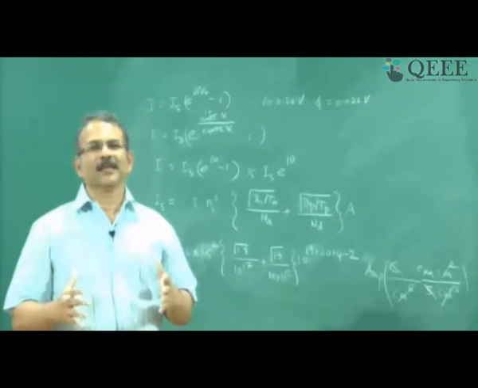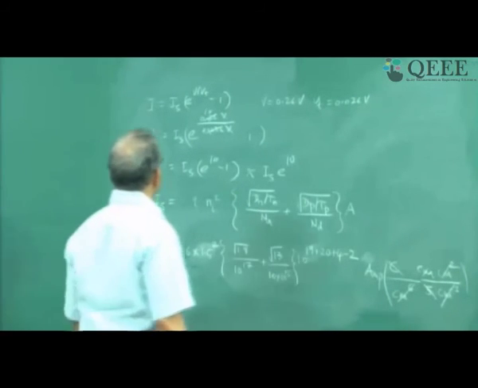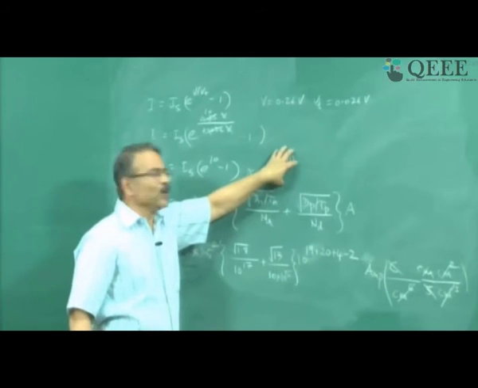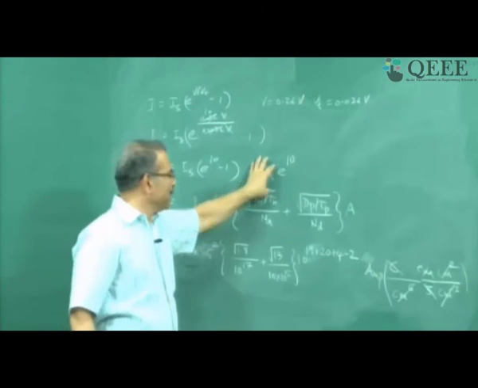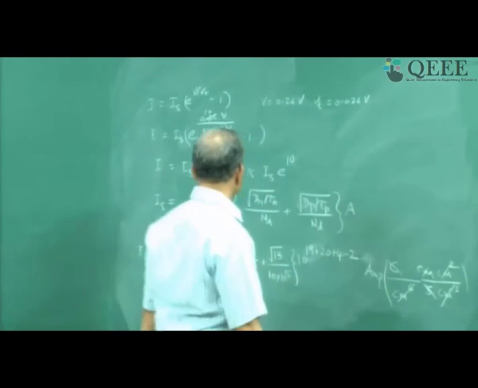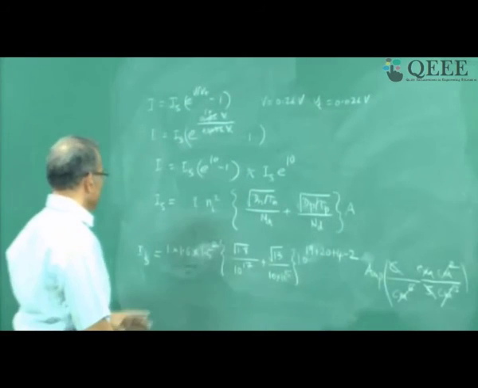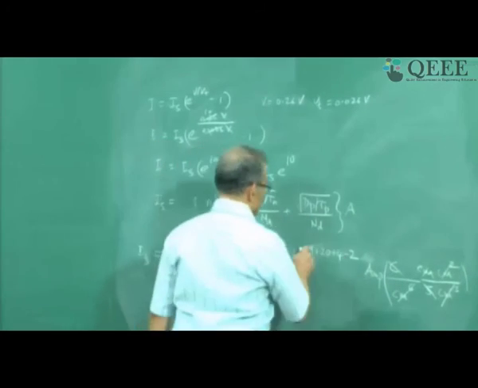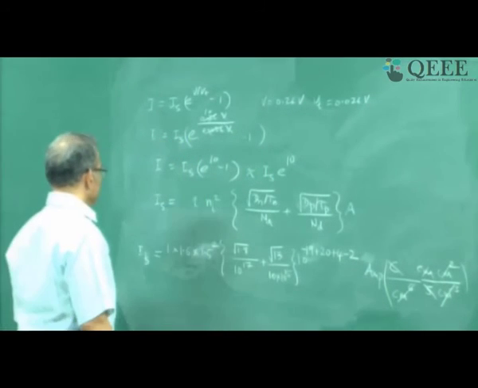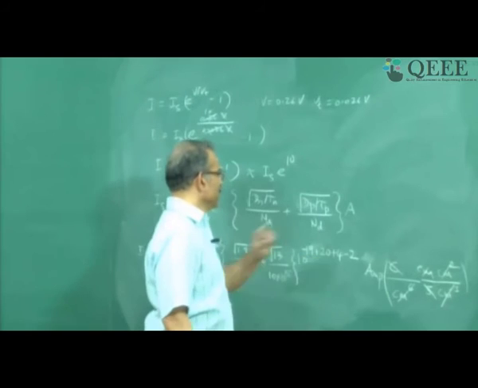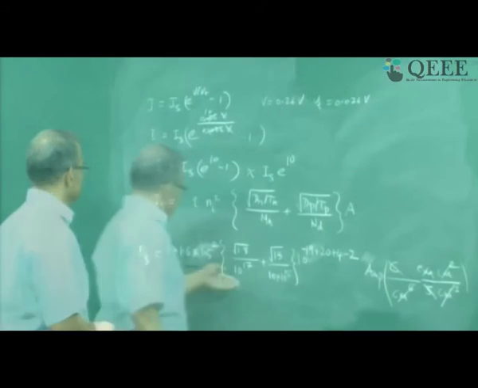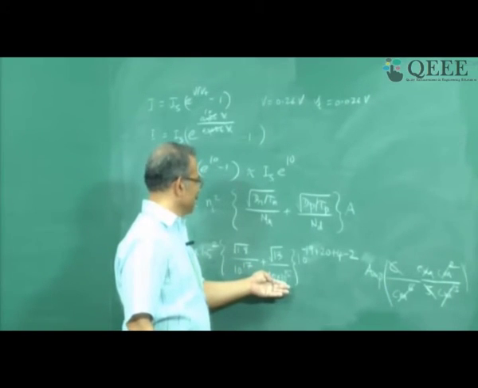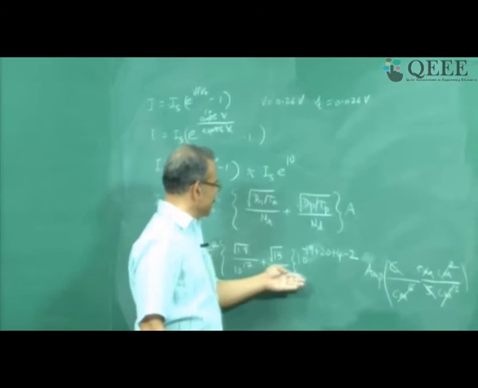Now can you get IS of that order? You know that small signal diode currents are milliamperes and already I have a factor of e power 10 here. So IS should be really very very small, but I am getting 10 power 40. So I made a mistake. Let us check where did I make a mistake. So first of all, when I put Q, it should be 1.6 into 10 power minus 19 coulombs. So I have forgotten. Then Ni square 10 power 20. Yes, that is fine. I have not taken into account this 10 power 17 or 10 power 16 yet. Okay. So I need to take this also into account.